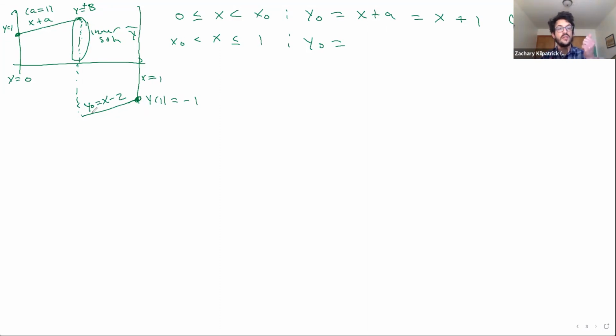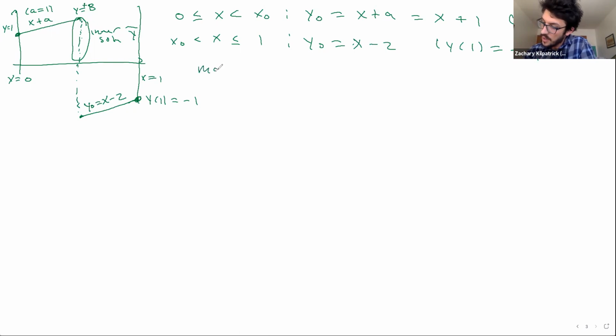It has this sort of odd symmetry to it. So that means that whatever this value is, it needs to be the negative of this value, okay? And the only way that can happen is if x0 occurs right at 1/2, okay? So that is going to place my interior layer, okay? So now I've resolved the value of x0, and I can also get the value of b in the process, okay? So on this right outer region, I have y0 is x minus 2, right? Because y of 1 is equal to minus 1,